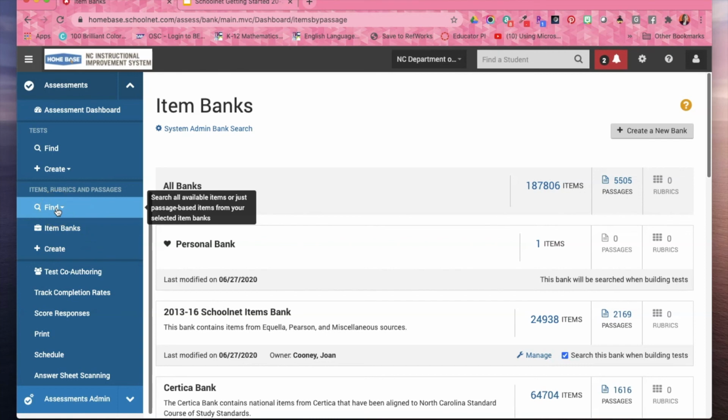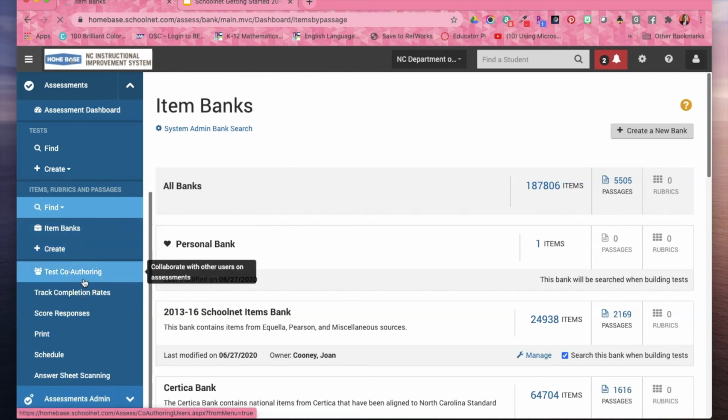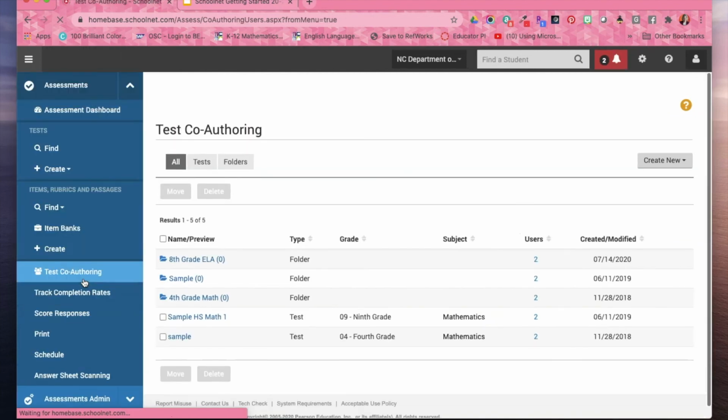The last thing I'm going to talk about right now under the assessment module in Schoolnet is going to look at co-authoring. So co-authoring is how I can share tests with other teachers across the state. It's not even just within your school or district. You can actually collaborate with teachers across the state. It's a statewide database. So I encourage you, if you know that you're going to be sharing tests with your PLC, or maybe with a friend who teaches the same thing in a different PSU,